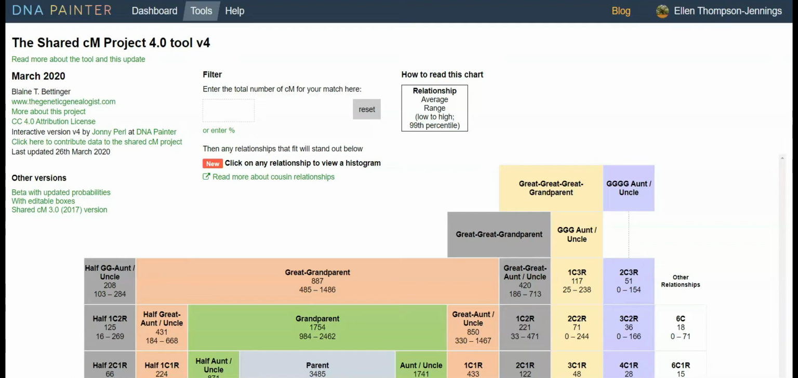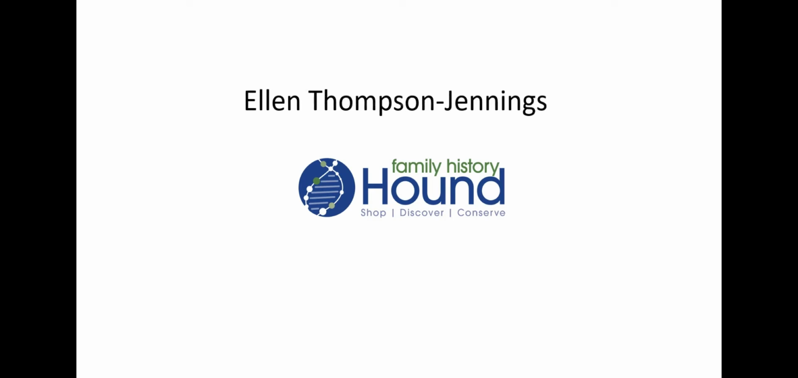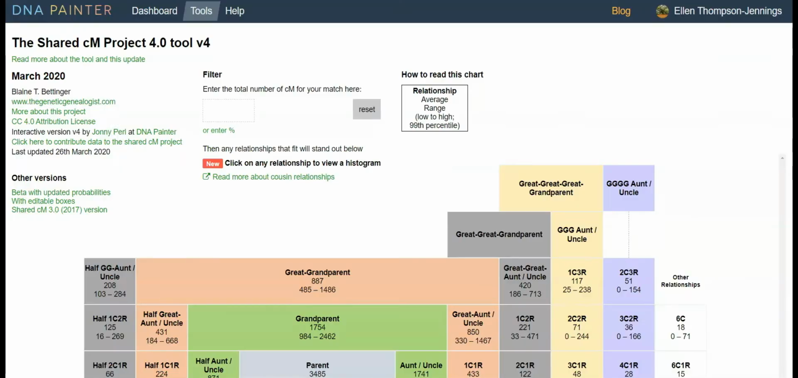I'm hoping that I'm going to share with you something that you may not know about DNA Painter. So here we are at one of my favorite pages on DNA Painter. It is the shared Centimorgan project. Johnny Pearl is the creator of DNA Painter, and he's done an excellent job of adding new features all the time to DNA Painter. So I started with the shared Centimorgan project, and my aunt has an excellent match who